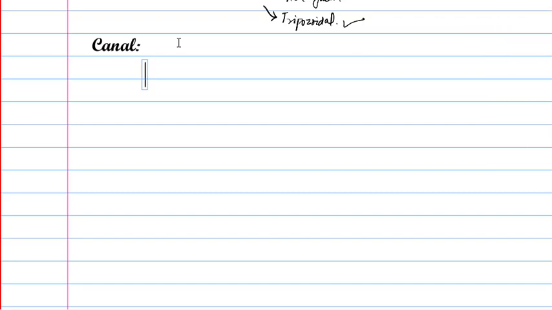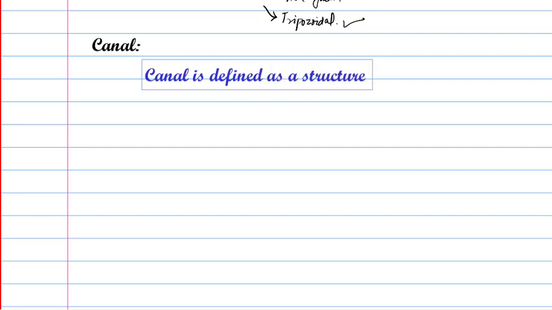So we can define canal as, canal is defined as a structure constructed to carry water from source,